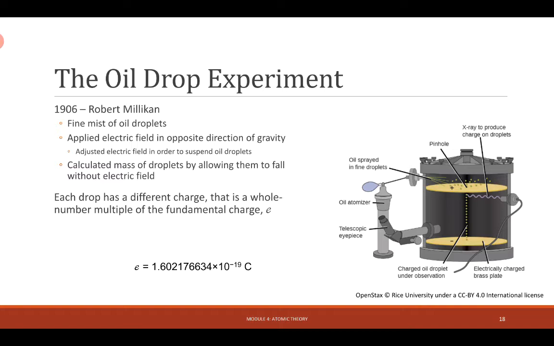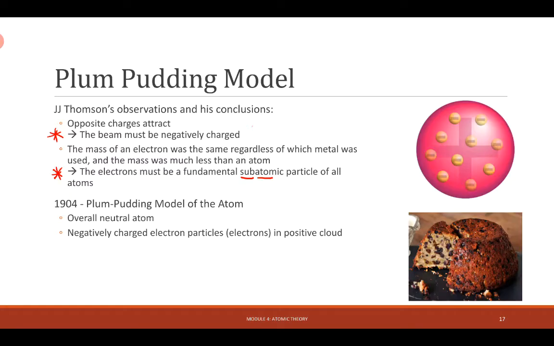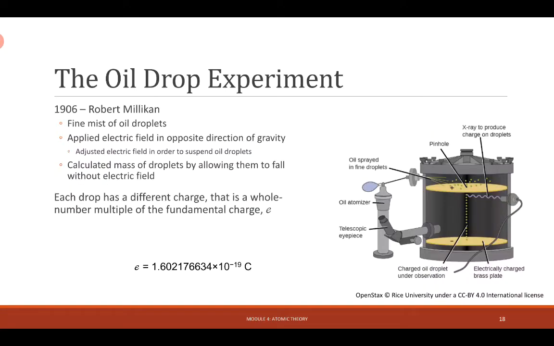In 1906, Robert Millikan had done an oil drop experiment. And so if you look at the years here, the plum pudding model was proposed in 1904, and the oil drop experiment was in 1906. So just a couple years later. But Robert Millikan in 1906, he took an oil mist, a very fine mist here, hit it with a whole bunch of x-rays to produce a charge on the oil mist droplets, and then allowed them to fall